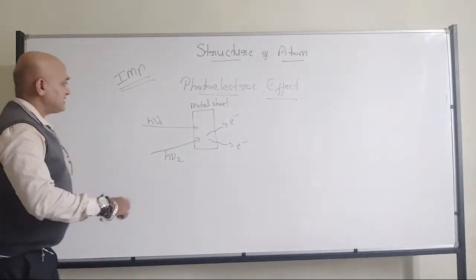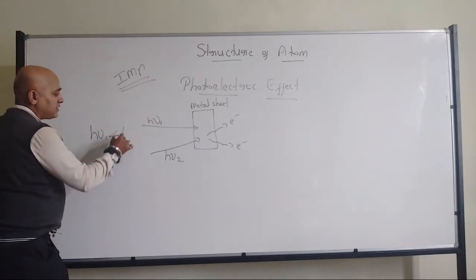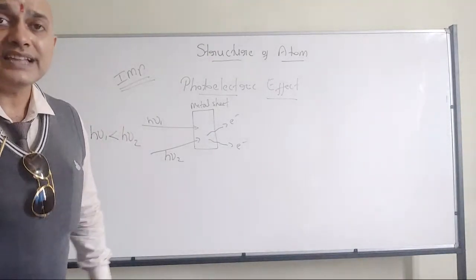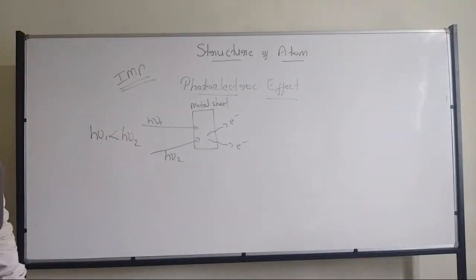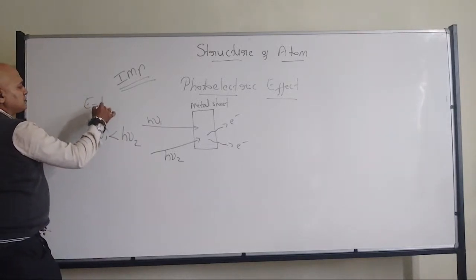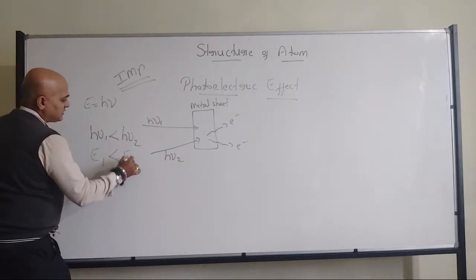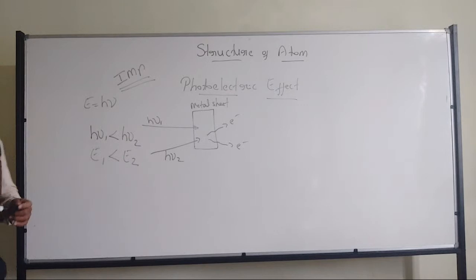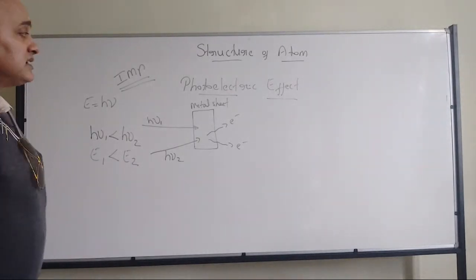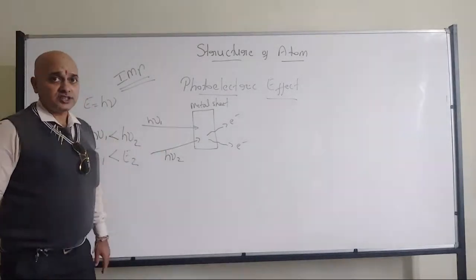Now it clearly tells that h nu 1 should be less than h nu 2. Or in terms of energy, because E is equal to h nu, E1 is less than E2. So now what I mean to tell here is each metal sheet,